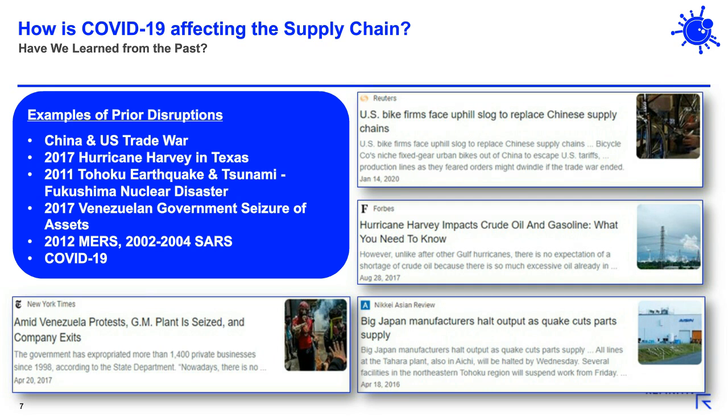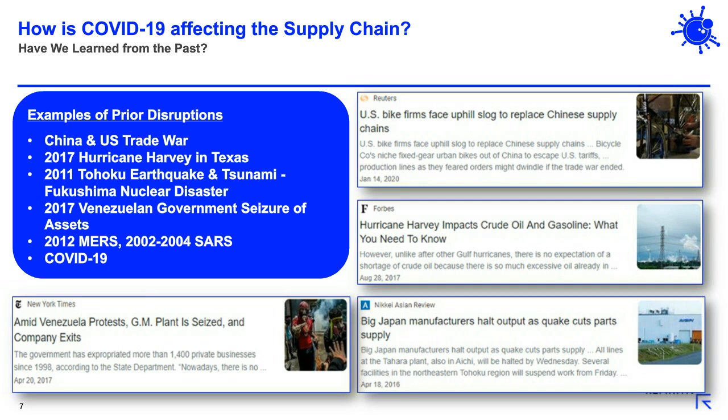Or let's go back even further. In 2011, the aftermath of the earthquake and tsunami in Japan halted manufacturing for a long time and impacted a lot of distribution channels in and out of the Asia region. And even coronaviruses of the past, such as MERS in 2012 or SARS in the early 2000s, really and truly impacted many individuals' health. It impacted manufacturing, it impacted export in many, many countries around the world.